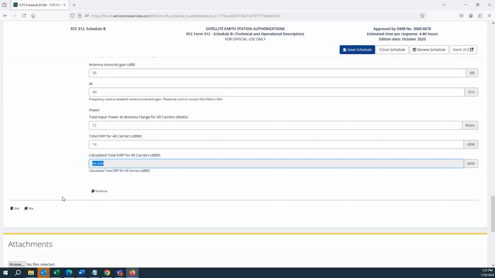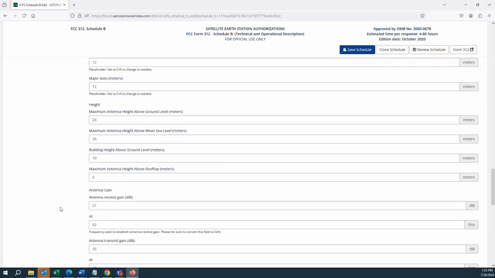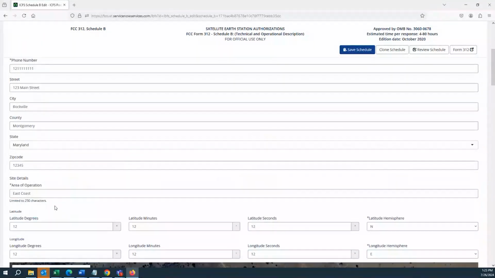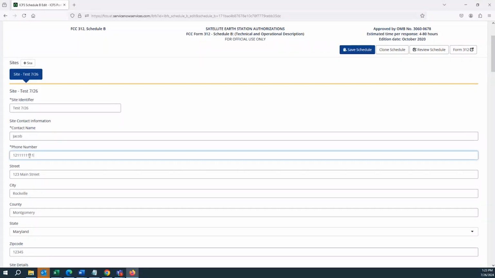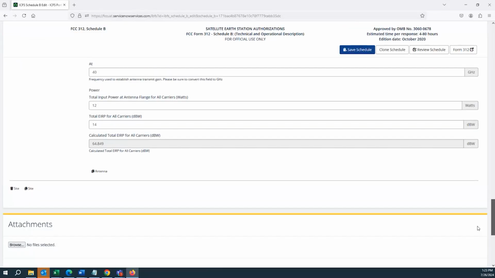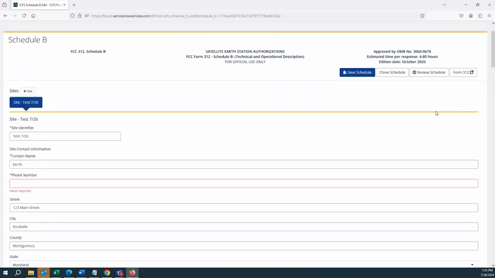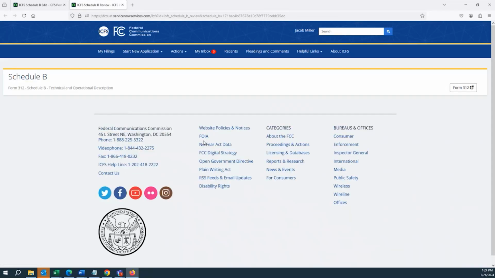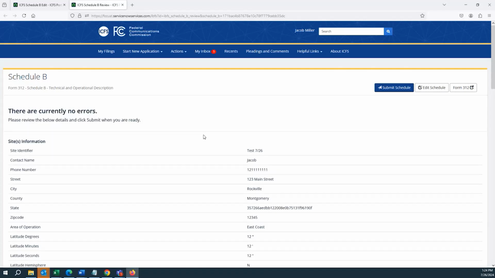All right, so now we've gotten through the form and we filled out all of our required fields. Allow me to show you the process also for reviewing the form. So if I leave a required field blank here, before I submit the form, I have to click Review Schedule. And when I do that, if I've left any required field blank, oh, I needed to save that value. I'm sorry. Let me go back to Edit Schedule.